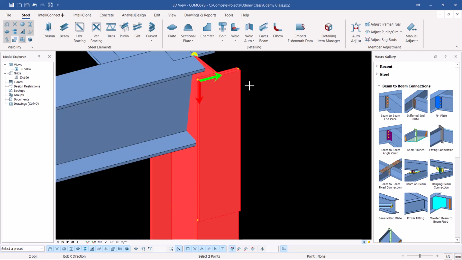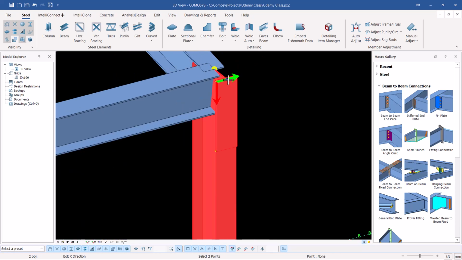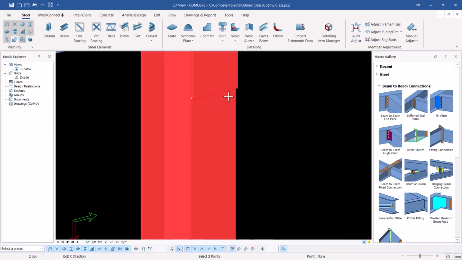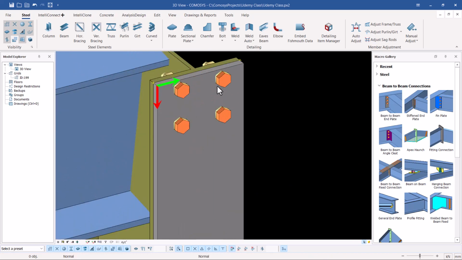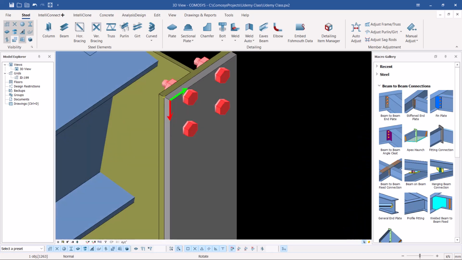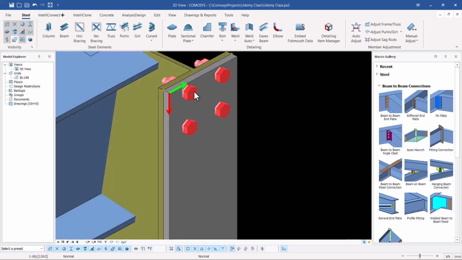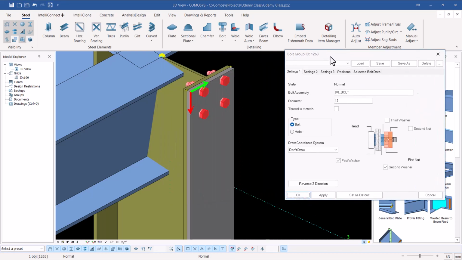Now I want to define 2 points, so select 2 points. I'll pick the 2 points here, that's 1 point. And if I move down to the bottom end here, I want to snap at the center of this particular plate. If I click on that spot, I'll be able to get my bolts in place. So if I click on that, you'll be able to see we have bolts in place. I can always go ahead and double click on the bolt and just push it aside,